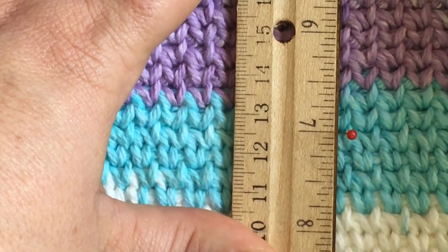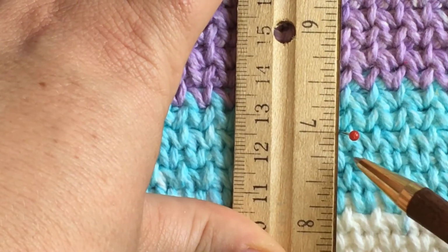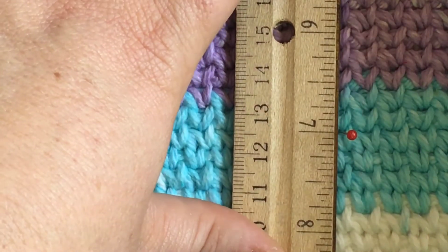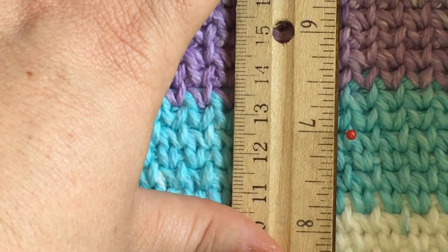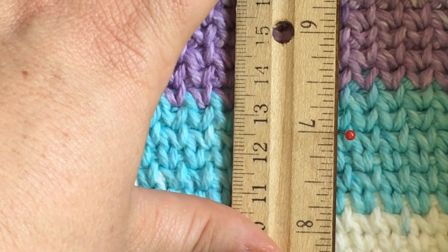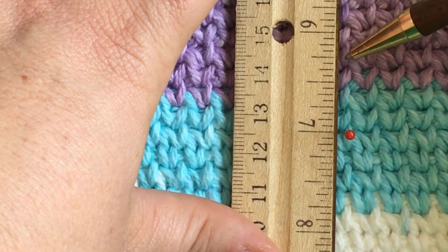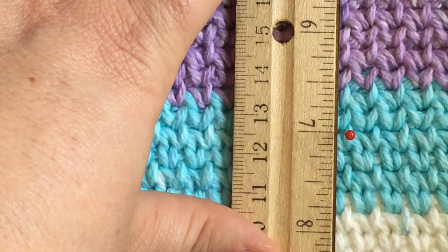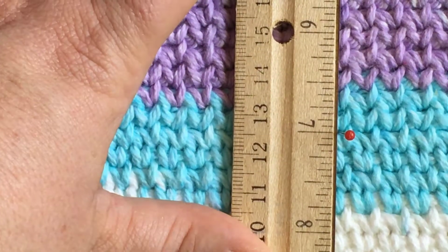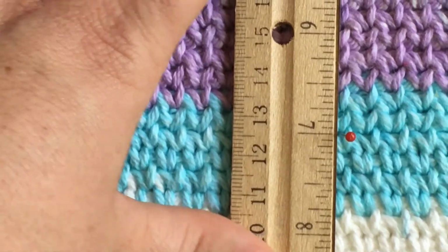So it took 6 inches to get a precise and accurate row count on this one. So this one goes 1, 2, 3, 4, 5, 6, 7, 8, 9, 10, 11, 12, 13, 14, 15, 16, 17, 18, 19, 20, 21, 22, 23, 24, 25, 26, 27, 28, 29. Okay, 29 over 6 inches is the right one, and I'm writing that down because if we zoom back out,